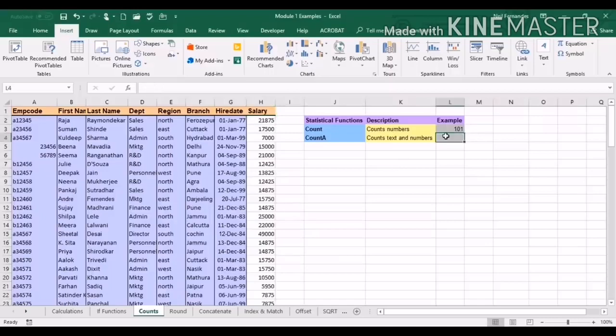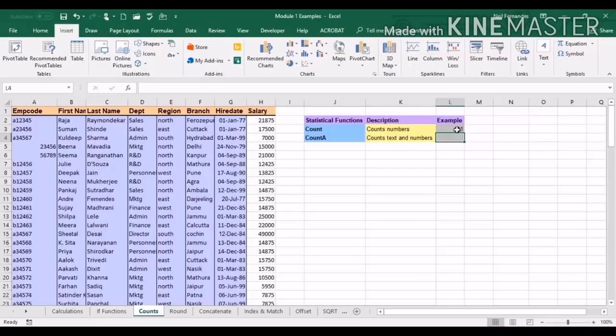Next comes our COUNTA function. While count function counts the cells containing numeric data, COUNTA function counts the number of cells containing numbers as well as text or characters. So when I say this, using our example, this time I will use region column to count the number of employees. Why do I do that? In the first example, we use the salary column because the count function will only count numbers. This time I'm going to use a region column in order to identify how many cells or how many employees are working in the organization.